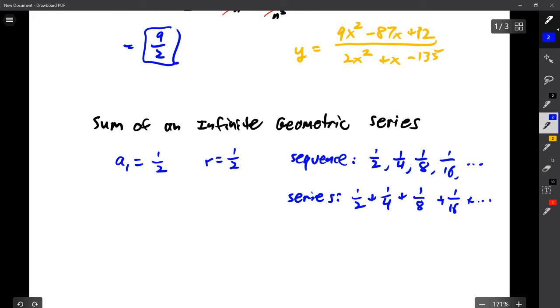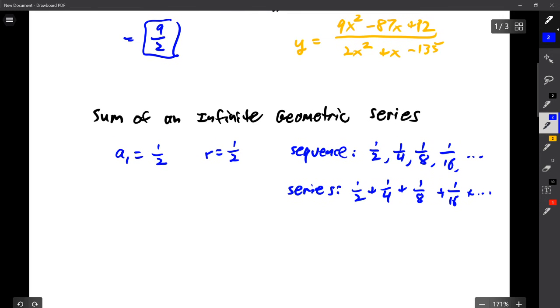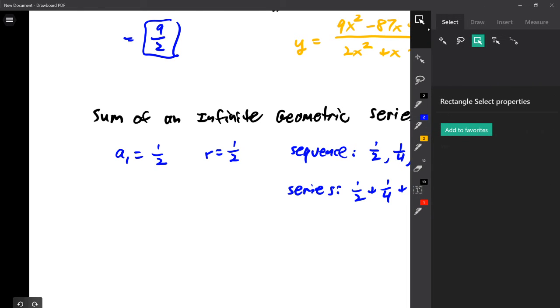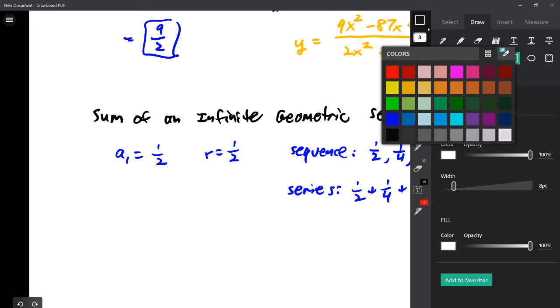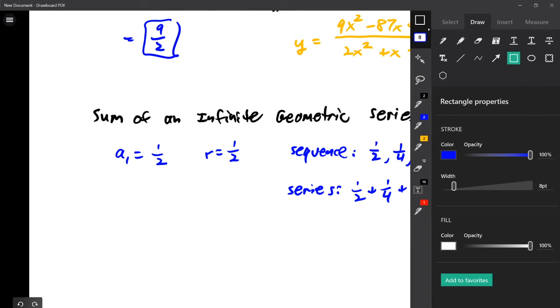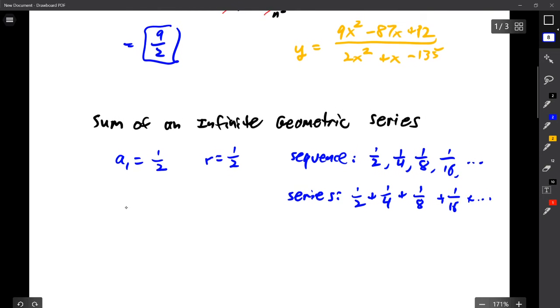Now it might seem like, well, you're always adding something, and so it seems like it should be infinity for what this will add up to be. But check out what happens when I do a little drawing. Let's draw a little rectangle here. We'll go with the same blue color. Okay. So I'm going to start out with